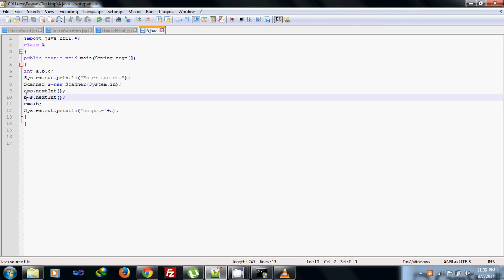Similarly, B also will get a value from the user, and in C we will be adding the two variables that have been captured from the user, and it will be displayed as output. Here we can see output is equal to double quotes closed and plus C. This is called concatenation of strings. It is int, but when we are displaying it, it will become a string. So it will be just concatenating the two strings. So this is about the whole program.